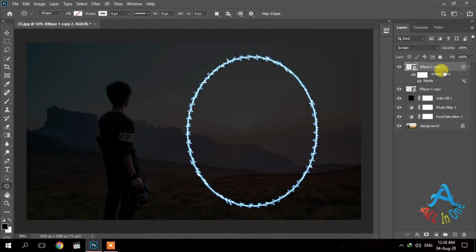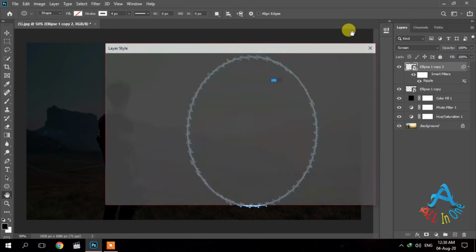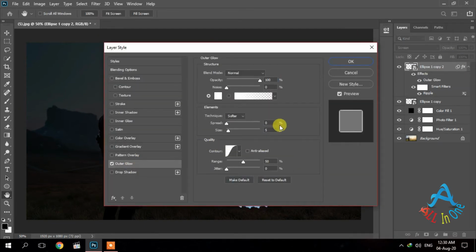Now right click on the top layer ellipse 1 copy 2, select the blending option, select the outer glow and the blue color and change the softer to 0 to 40 and click OK.